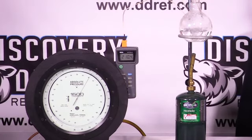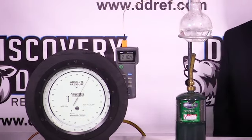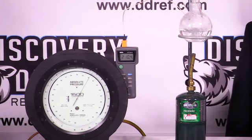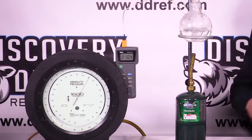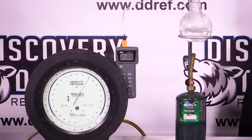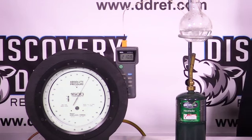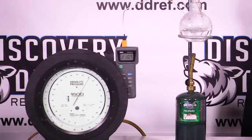All right, we jumped ahead here, and right now we've gotten up to the boiling temperature, and everybody's familiar with water boiling at 212 degrees at sea level, and we're not at sea level, which is why we're boiling at 210.9, roughly 211. Now what I'm trying to demonstrate here is you'll notice that we're still adding the exact